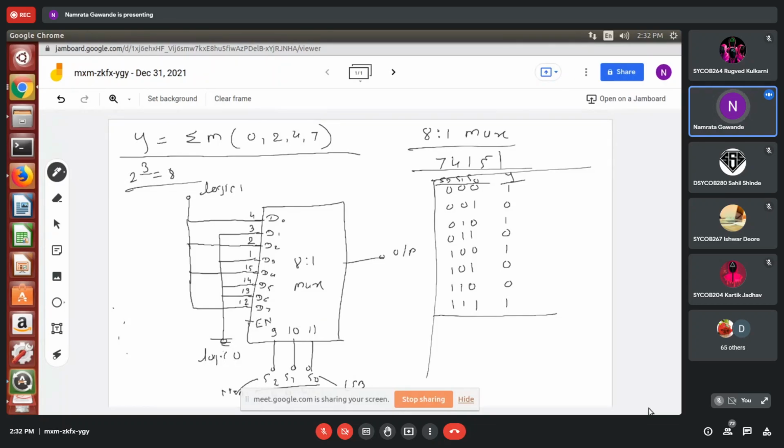I will give you another expression. Or if you have any doubt, you can ask in between while implementing this circuit.